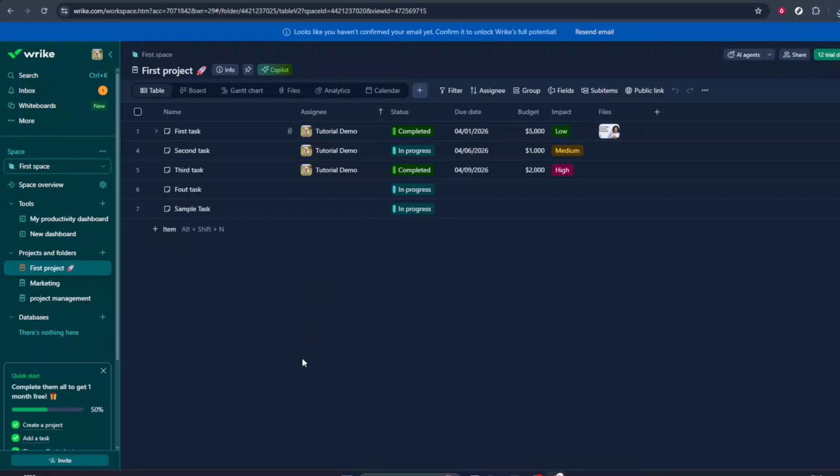In today's video, I'm going to teach you how to add approvals to custom workflows in Wrike. We'll walk through a simple, practical example, so by the end you'll know exactly how to take any task in Wrike and attach a formal approval process to it. This is really useful when you need sign-off from a manager, a client, or any stakeholder before work can move